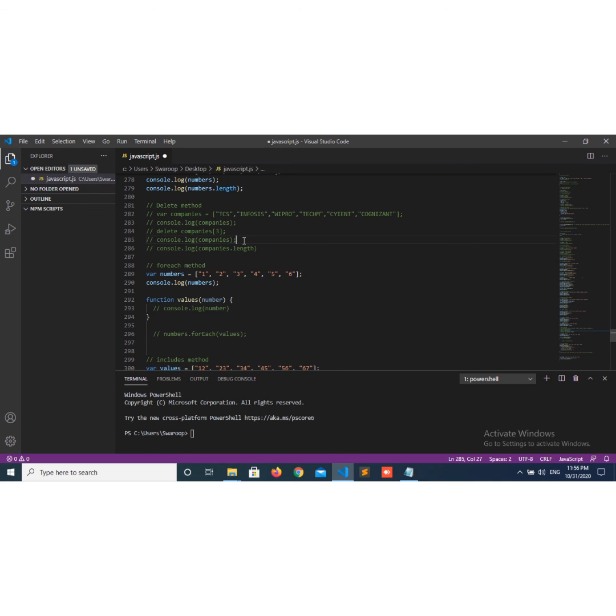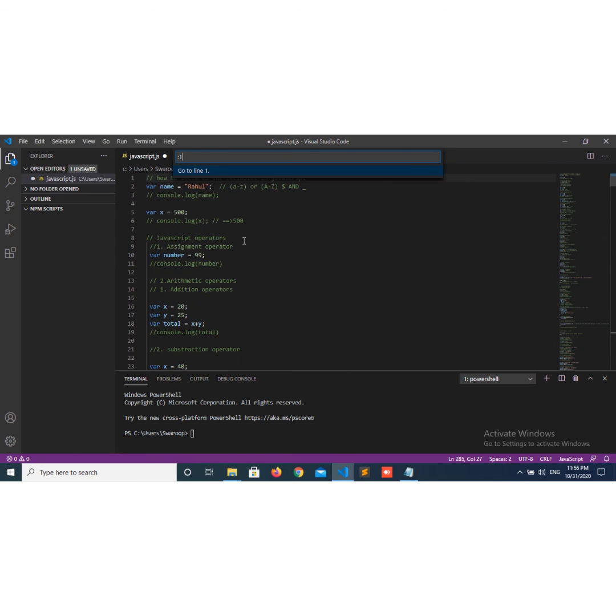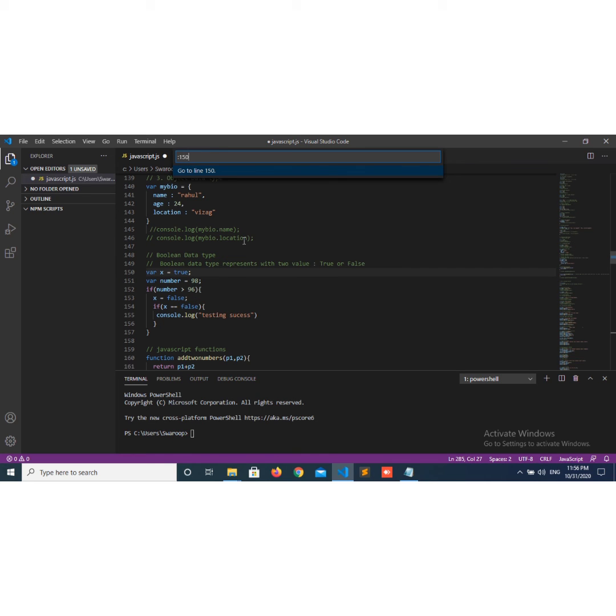I'm just giving the command Control plus G. Here I'm typing 150. That means 150 is my required line number. I just click on enter. Now my cursor point is at line 150.